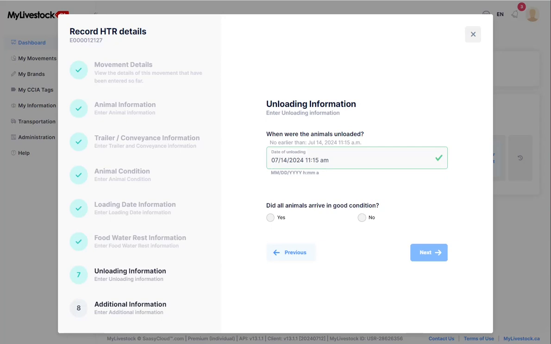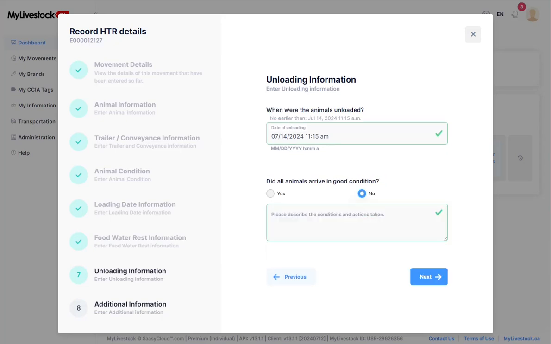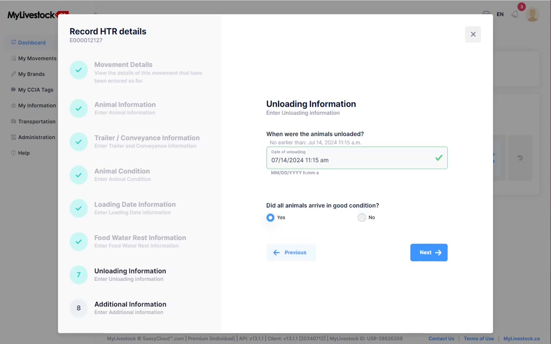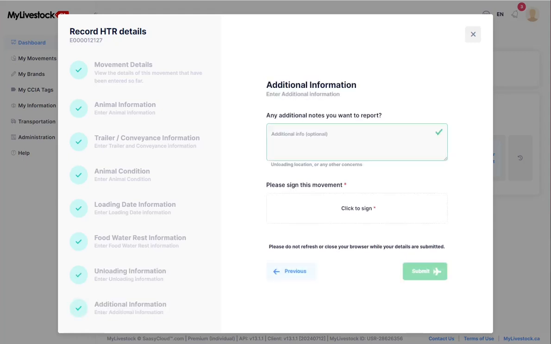When entering unloading information, you will be required to indicate whether all animals arrived in good condition. If some animals did not arrive in good condition, you will need to add further details. Once unloading details are complete, you can add any other notes that you wish to record, then sign and submit